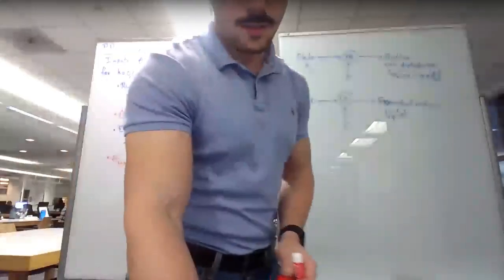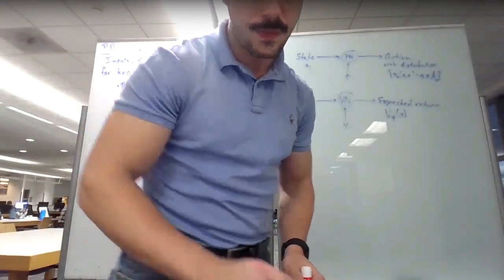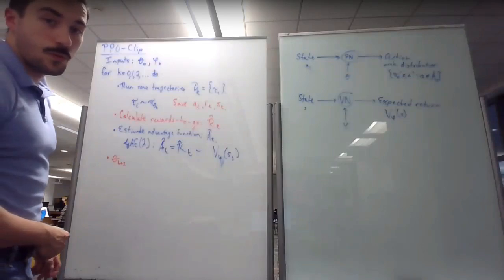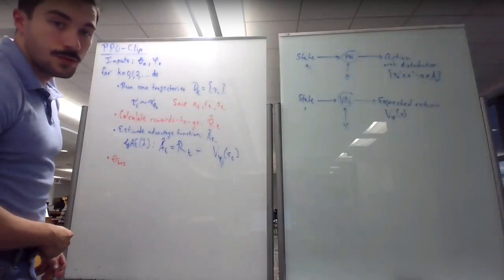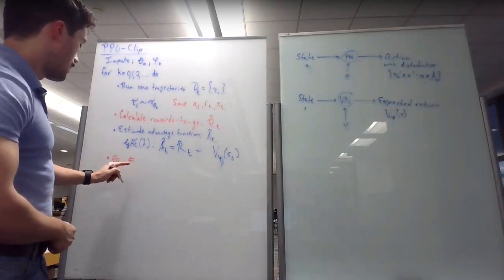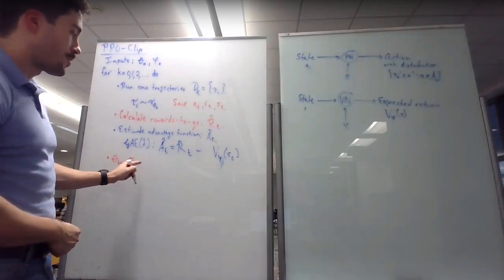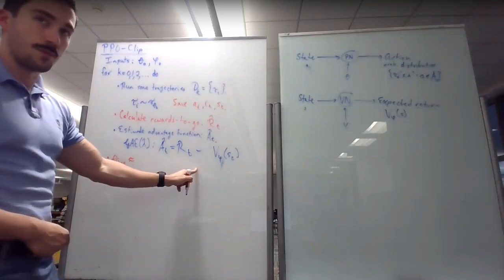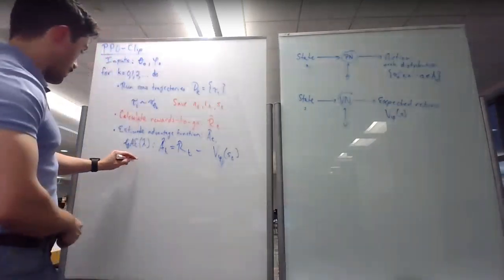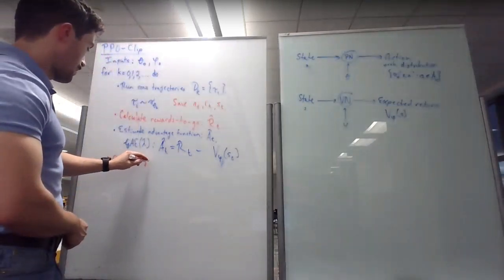All right, so I need the algorithm here. So you want to maximize. So you want to set this as close as you can to the right-hand side of this approximate equality. And it is this argmax